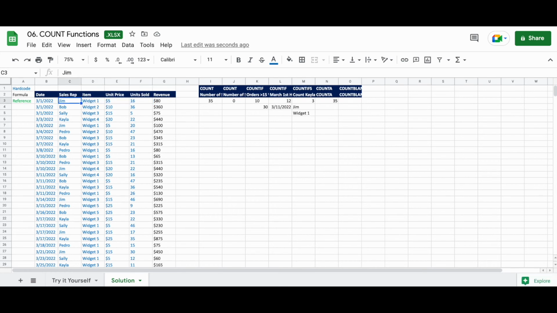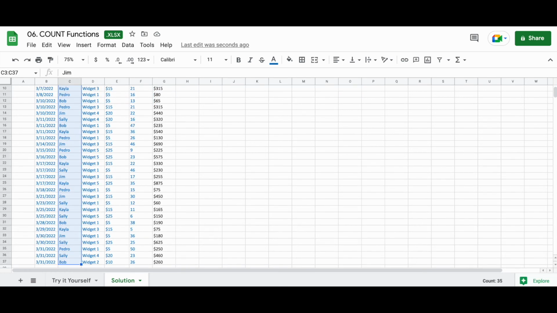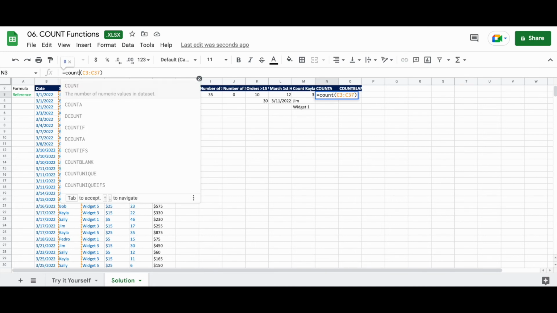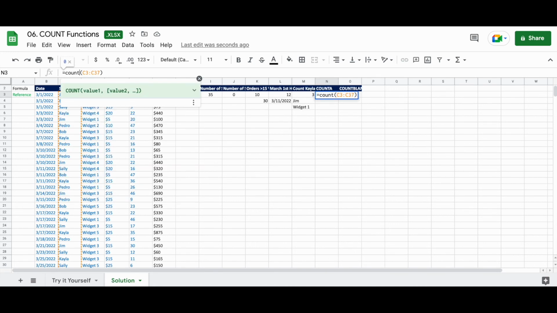And so we can go over, take a quick look, and if we go to the bottom here in the status bar, we get 35. Now as an example, if we go back into this formula really quickly and we just take that A out, we see that it goes to 0 because we are looking at non-numeric cells. So let's do a Command Z and flip that back to COUNTA.